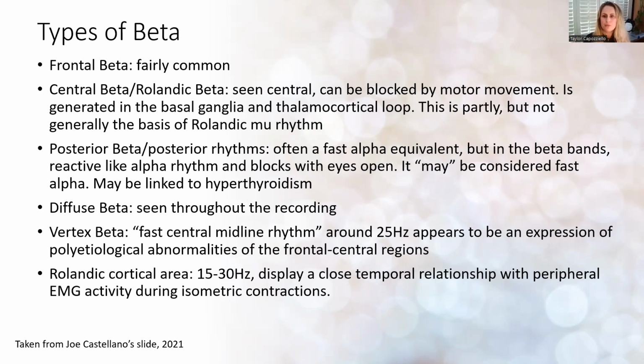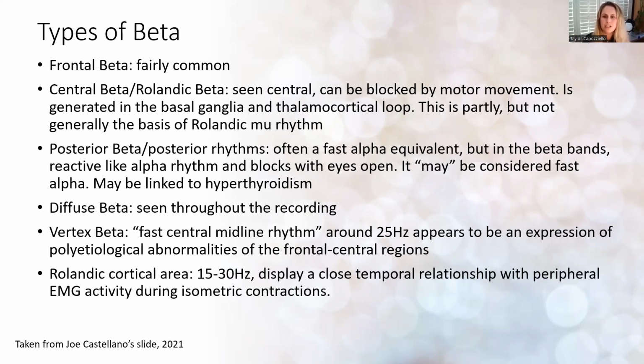Diffuse beta, seen throughout the recording. Vertex beta, fast central midline rhythm around 25 hertz. This is the wakefulness drive, commonly seen in insomnia. We have Rolandic cortical area, which is 15 to 30 hertz. We really don't ever talk about this, so I did want to include this one. Like I said, anything in Niedermeyer that we didn't talk about, I really wanted to make sure I include it as well. Displays a